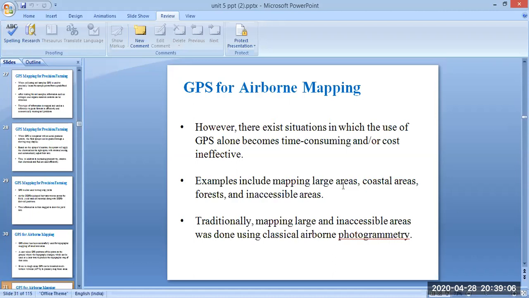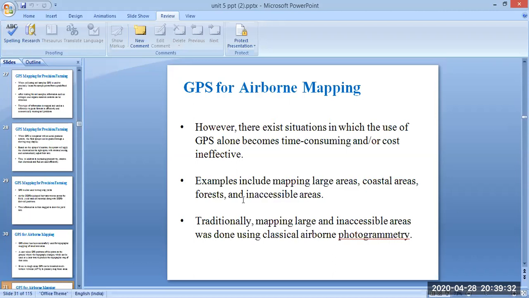Examples include mapping large areas, coastal areas, forests, and inaccessible areas. GPS alone is not sufficient for mapping in those cases. For example, when we are going under a tunnel, we cannot get the map due to inaccessible areas.